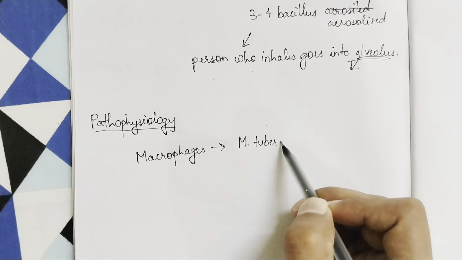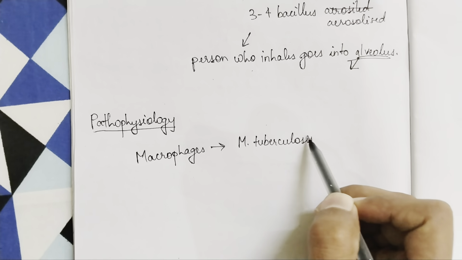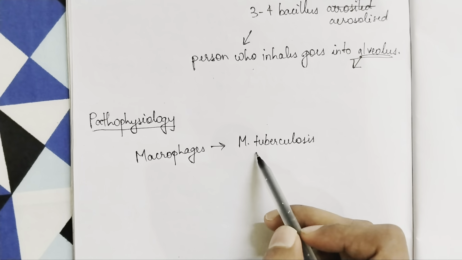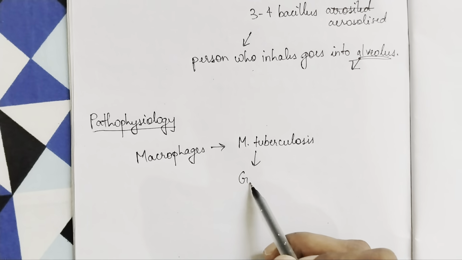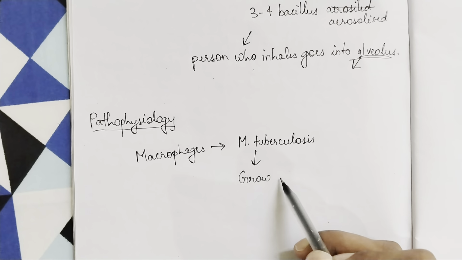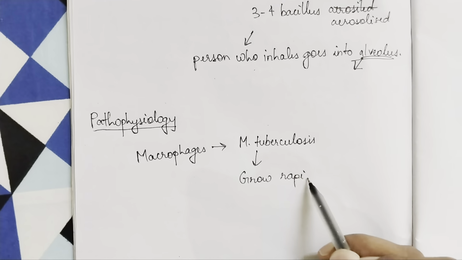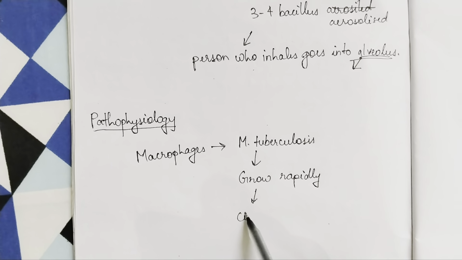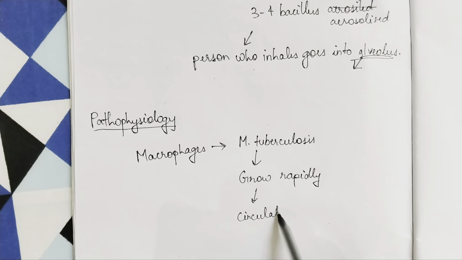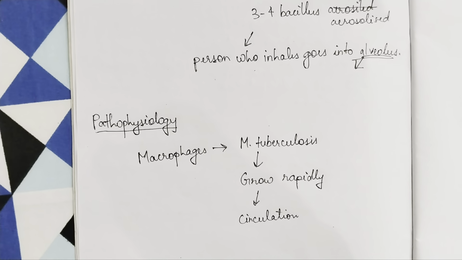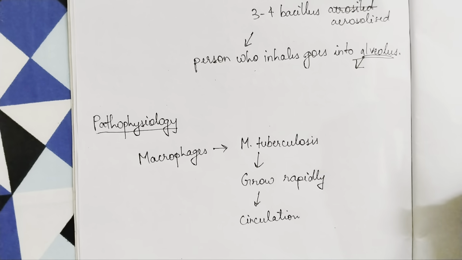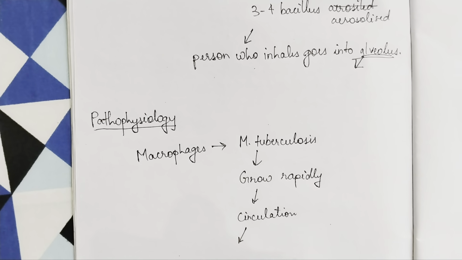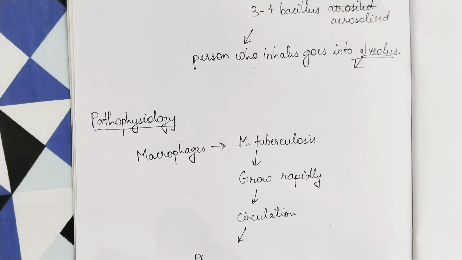Mycobacterium tuberculosis, it should inhibit it. But if it is not able to inhibit, then what will happen? It will grow rapidly. When it grows rapidly, it can go into the systemic circulation. When it goes into the systemic circulation, it can infect any part of the body. But most of the time, it goes and stays in the posterior